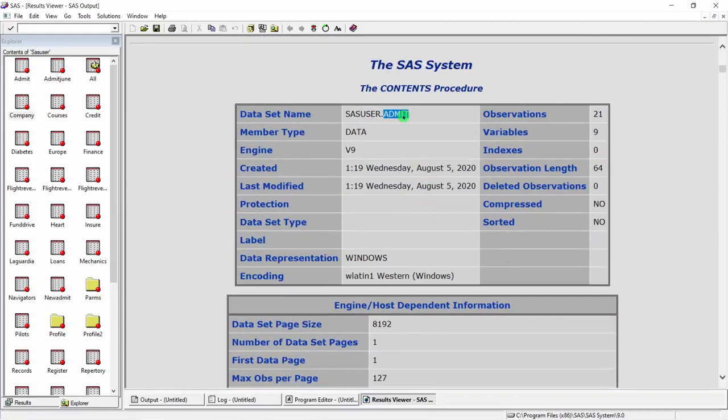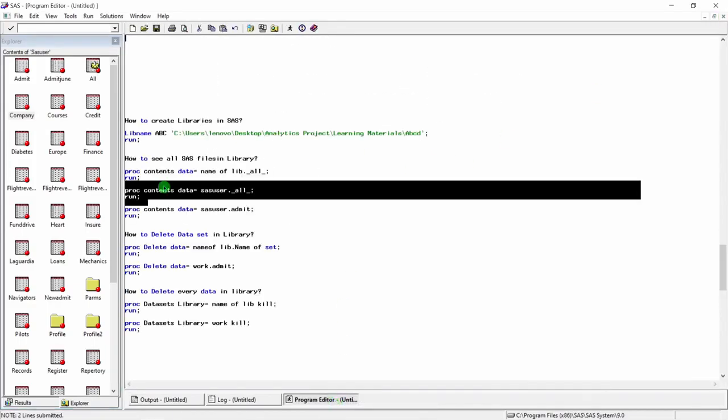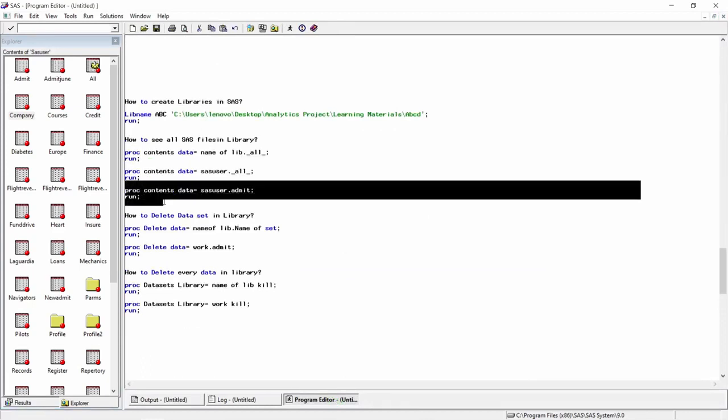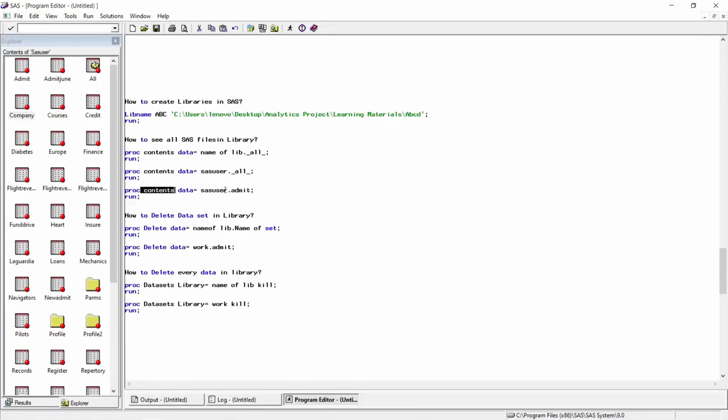Let's say this time you only want to see the contents of admit data. So let's see how we do that. I'll write proc contents data is equal to SAS user.admit semicolon run semicolon. Now this is only going to give me the contents of admit data which is in the SAS user